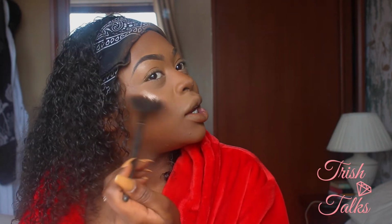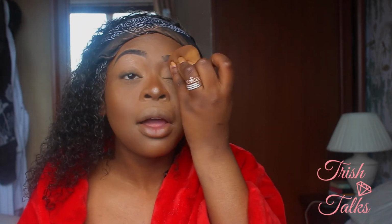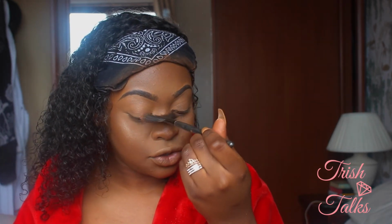Really blend that in, and then I like just going with a beauty blender just to tone it down just a little bit, just a little bit. By a little bit I mean a lot. Really just tone that down. It's even still bright now, but you know what, yes bitch, let's shine. I literally just go a little bit on there, a little bit on my top lip,